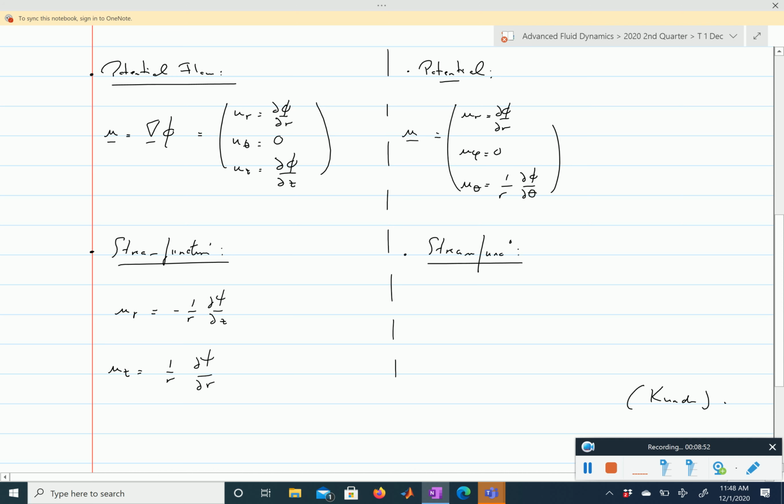Now let's finish this quickly. There are equivalent formulas for the stream function in spherical coordinates, where u_r, the velocity in the radial direction, is equal to 1 divided by r squared sine theta, where theta is the polar angle, times dψ/dθ, and u_θ is equal to minus 1 divided by r sine theta, dψ/dr. Okay, so with all of that, you know how to compute the velocity field, given a potential or a stream function,